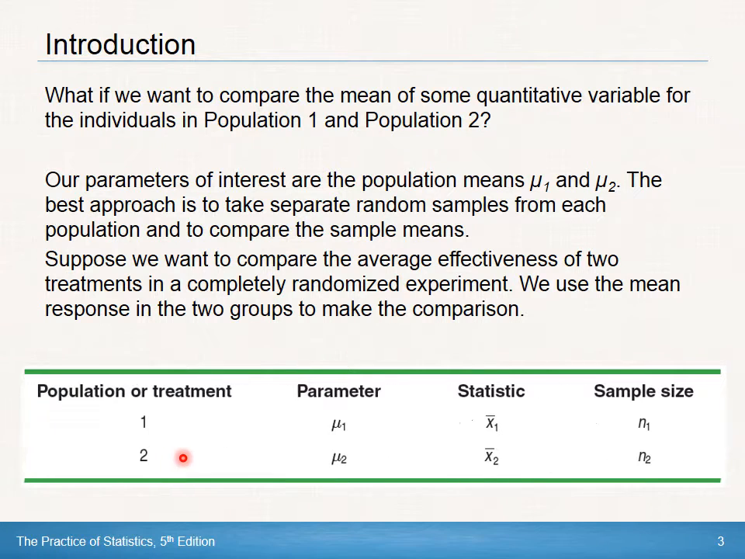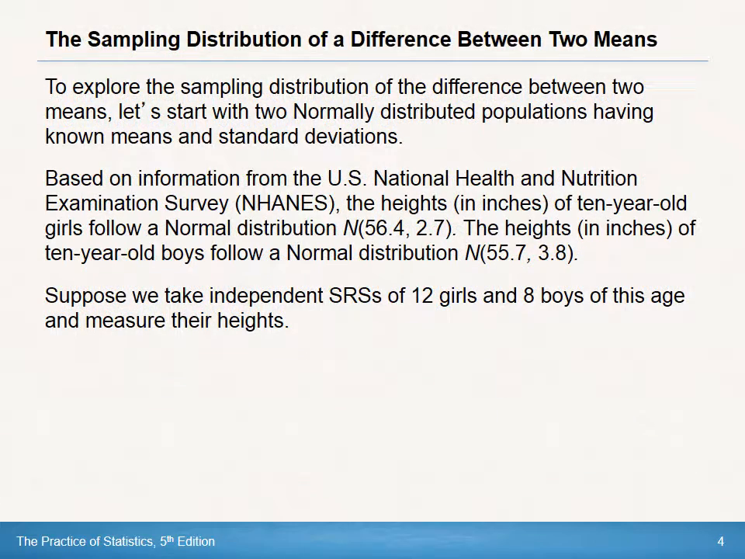So again, just like before in our last section, we would have either a population or a treatment, and we would have two different ones. We have two parameters, two statistics, and two different sample sizes. Notice again the parameter mu for the population and the statistic x bar for the sample. To explore the sampling distribution of the difference between two means, let's start with two normally distributed populations